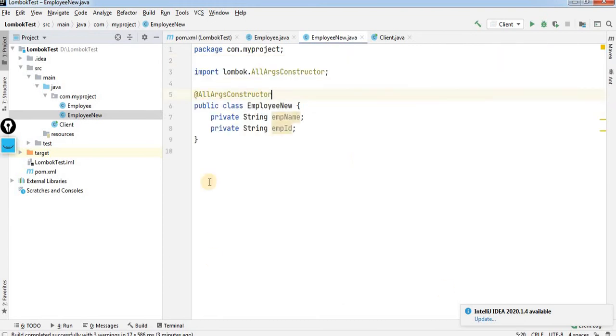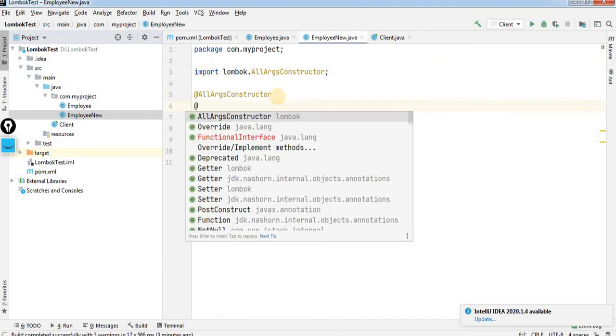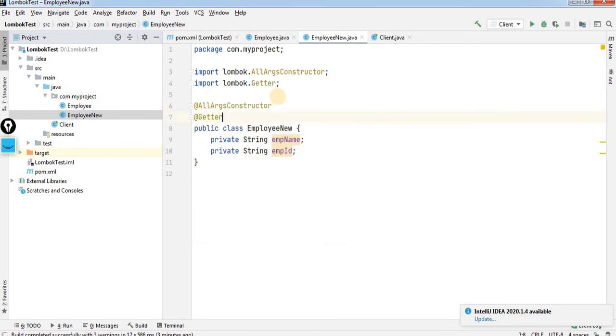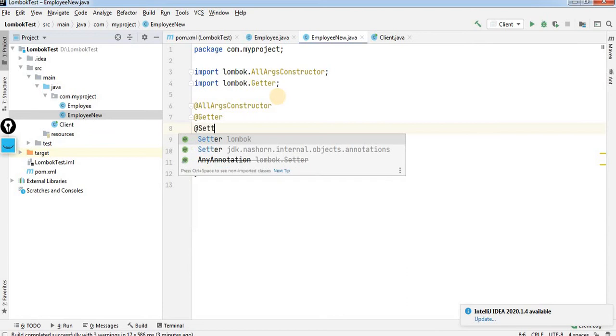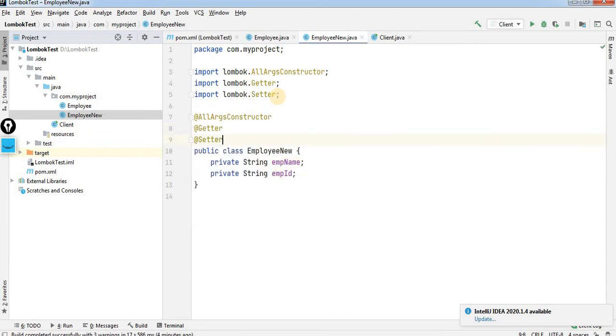See, when I type this annotation, it is automatically importing AllArgsConstructor from the Lombok API. Now for setter and getter, I will use @Getter from Lombok, and @Setter from Lombok. So now my task is completed.